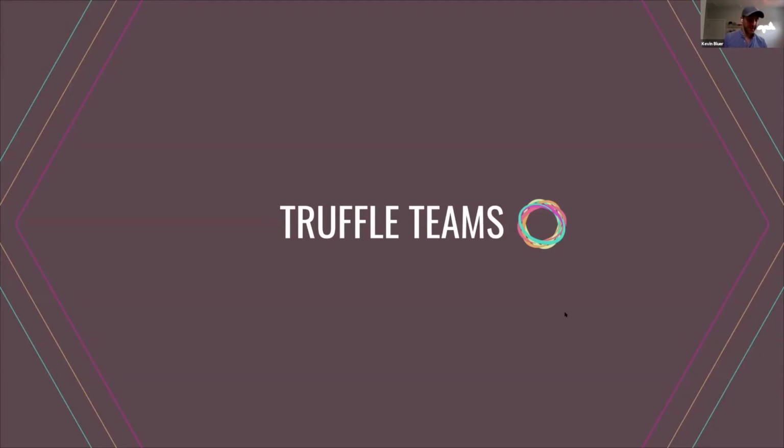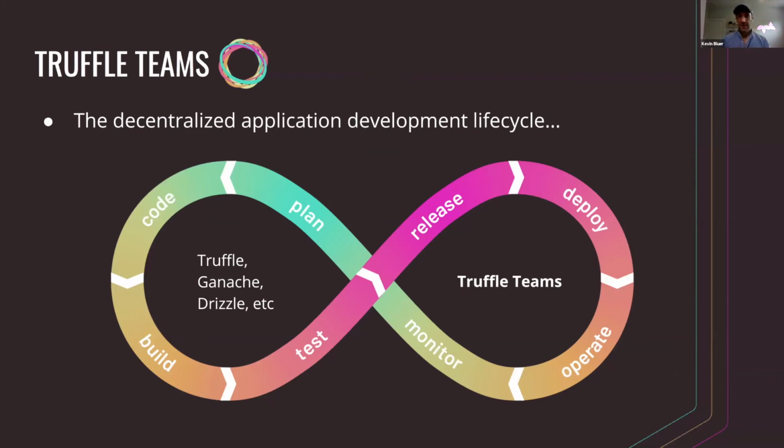Alrighty, cool. So yeah, Truffle Teams. As mentioned, this is the newest tool in our suite, and something we've been working on for a while, and super excited about. And really, the value it's designed to add is the right-hand side of this development lifecycle, as mentioned earlier. Historically, Truffle, Ganache, Drizzle have had your back on the left-hand side, but we've never really had anything too compelling on the DevOps piece. Everything from release management, making deployments easier, because Truffle Migrate works and it's okay, but it doesn't give you much historic reference as to the deployments that you put out there, and then more specifically the general ops side of things,